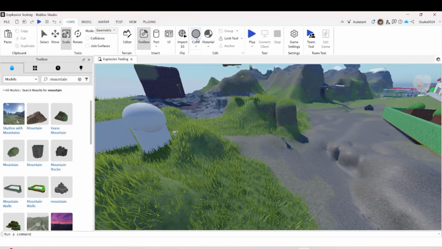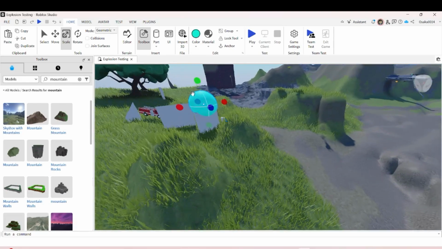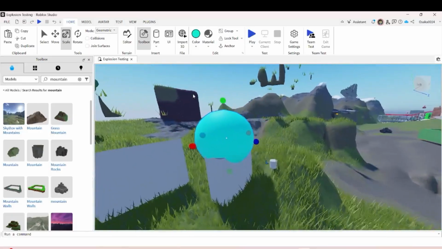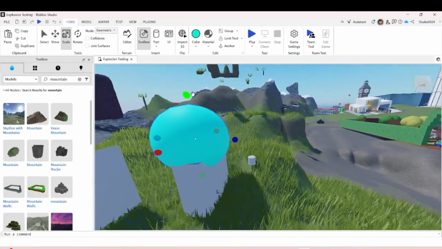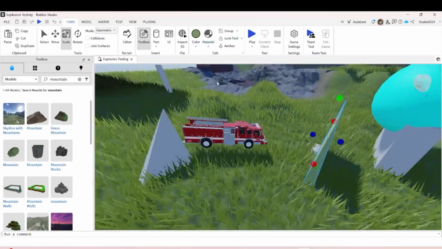As for the color, by only clicking a material object, you can change the color pretty much as you want. You can make it as much as you want. Let's say you want it to look cyan. As you can see, that's pretty much how you can use the color. And yeah, you can use it anywhere as much as you want.